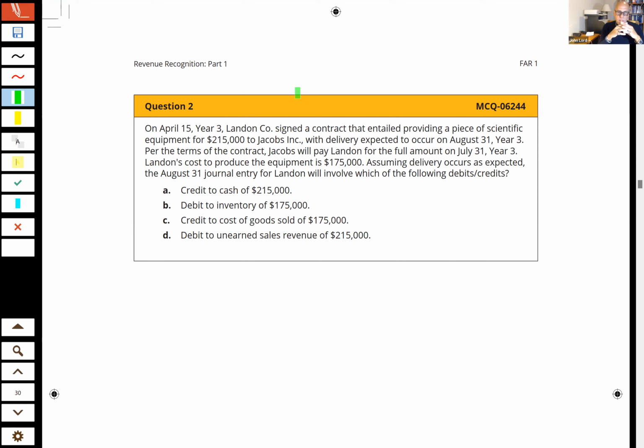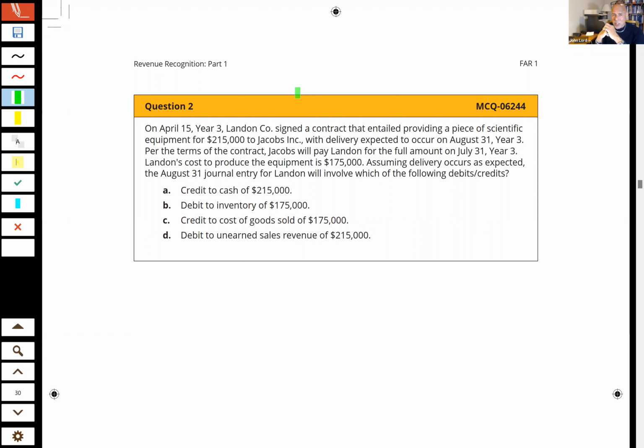On the CPA exam, and I even see this in introductory class exams, and I always tell my introductory students, don't fall into the trap, and I'm going to remind you of this here. CPA questions, accounting questions, textbook questions like to ask you part of a journal entry. They ask you the debit, they ask you the credit. Is your training to think, let me just think of the debit of this transaction? Or is your training to understand the debit, the credit, maybe understand even the credit first so that you can back into the debit? Isn't that how you figure things out in accounting?